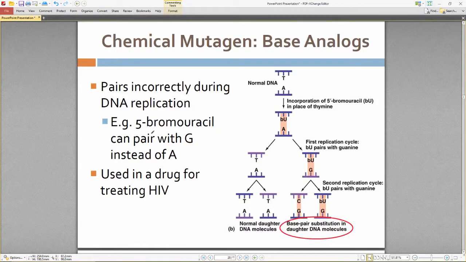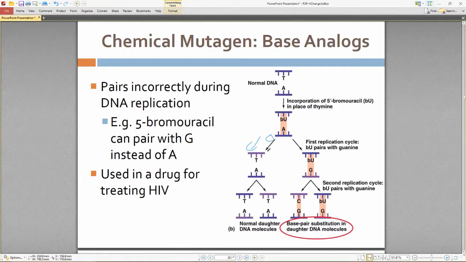Let's look at this example. Base analogs can pair incorrectly during DNA replication. So for example, 5-bromouracil can pair with G instead of A. So if thymine normally pairs with adenine, 5-bromouracil will pair with guanine instead. So what happens here is,